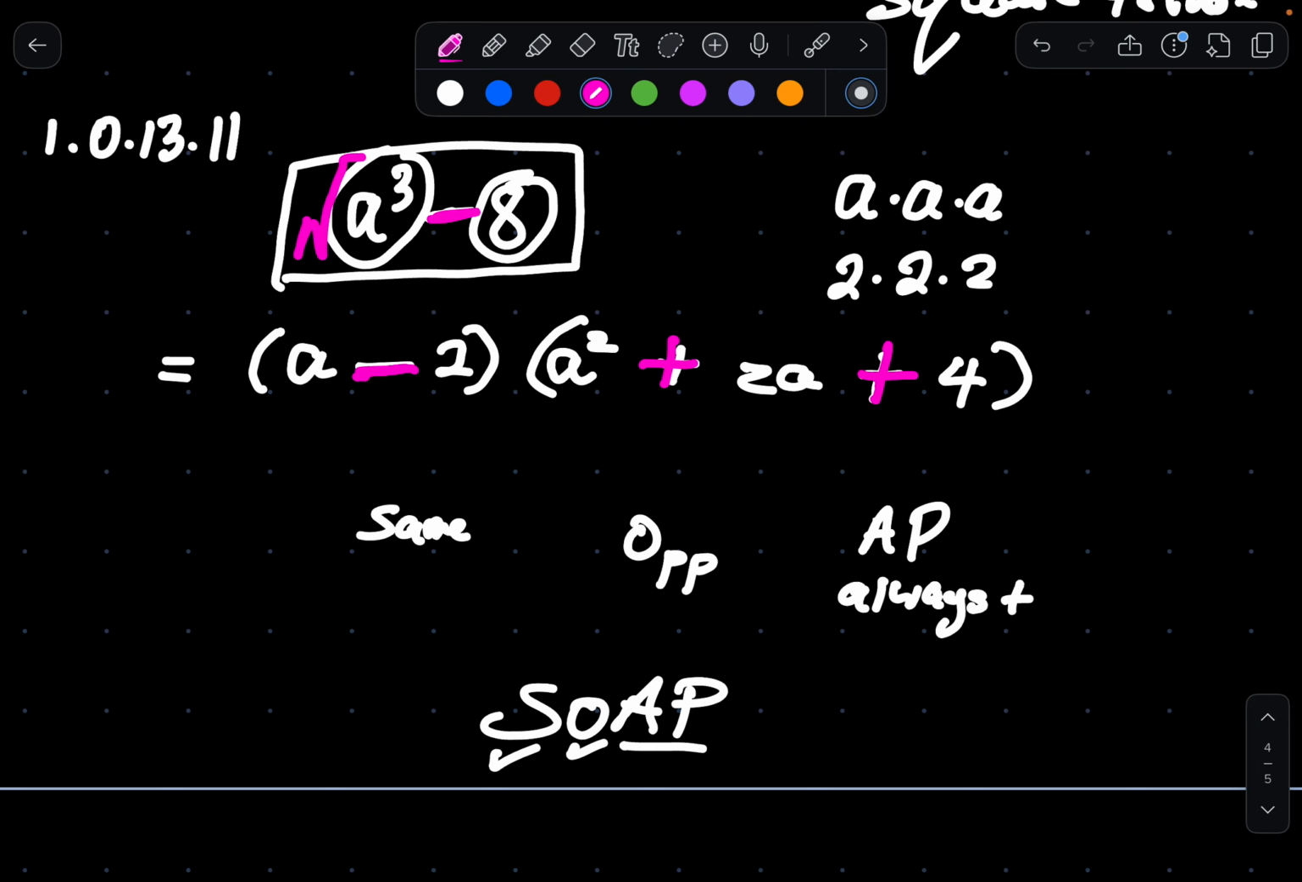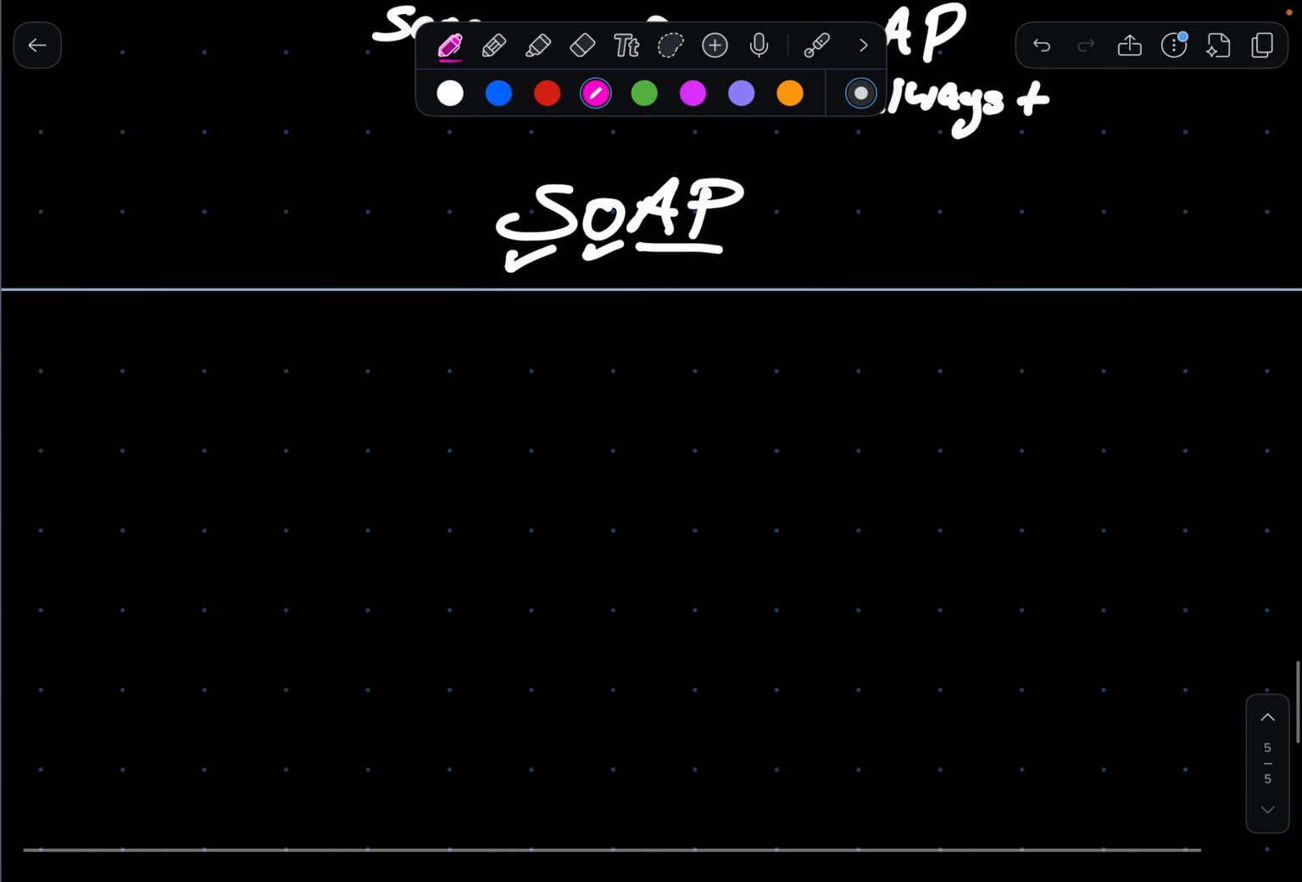What is the cube root of a cubed? The cube root of a cubed is a. What is the cube root of 8? The cube root of 8 is 2. And then what is a times a? A times a is a squared. What is 2 times 2? 2 times 2 is 4. What is a times 2? A times 2 is 2a. And that's it, ladies and gentlemen. Now we can do the next question, which is